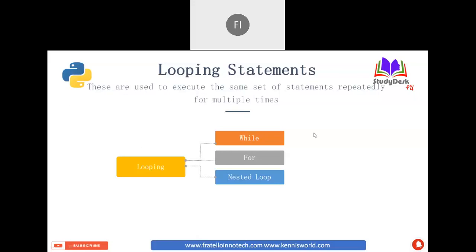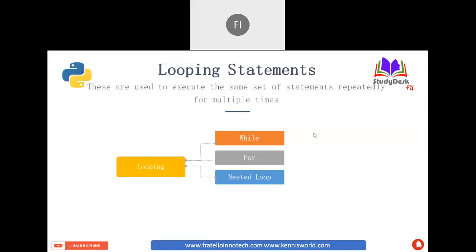Python is very straightforward, as I mentioned earlier. It is more developer friendly, so it eliminates the confusion between different options from other programming languages. If you go for Java or C or .NET, we have multiple options like while, do while, for each. But Python supports only two loops: while loop and for loop. That's all. There are no variations of while or for in Python.